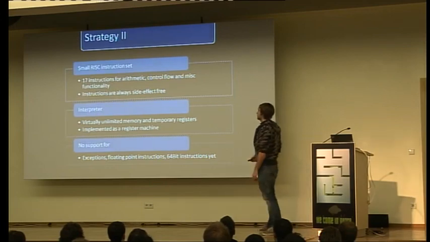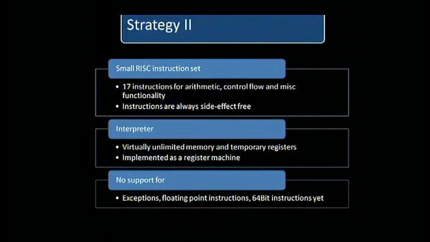So what's RILE all about? RILE is a very small RISC instruction set. It comprises 17 instructions for arithmetic, control flow, and miscellaneous functionality, and the instructions are always side-effect free. If you compare that to any of the assembly languages that you might know, like for example addition in x86,